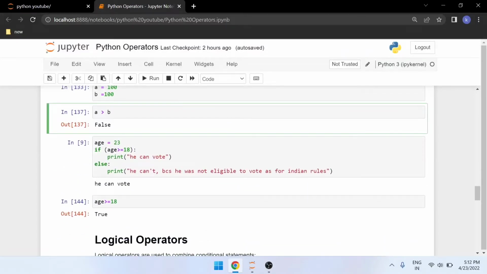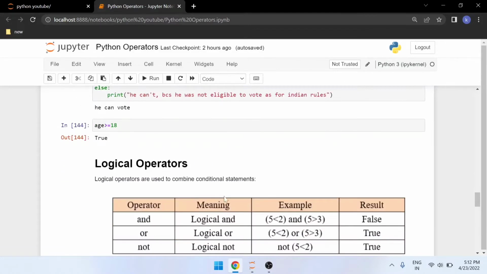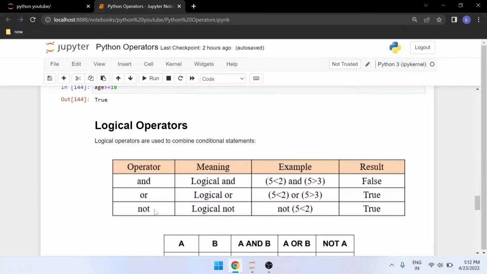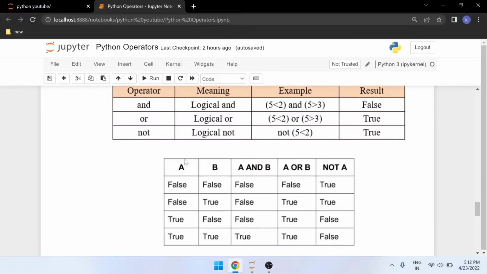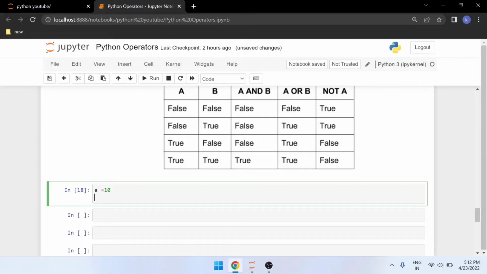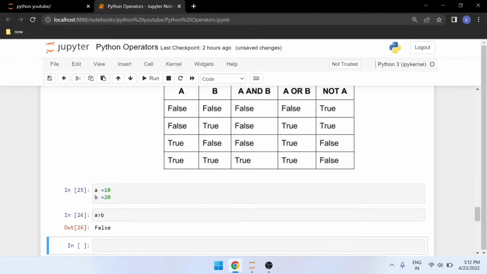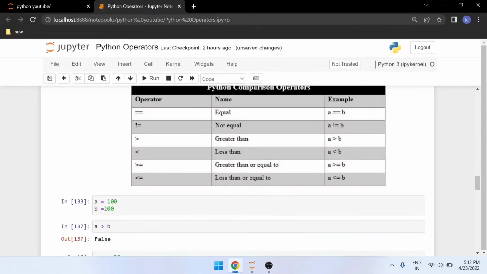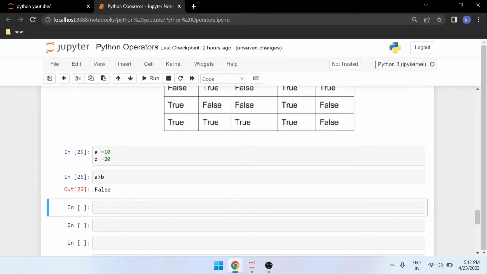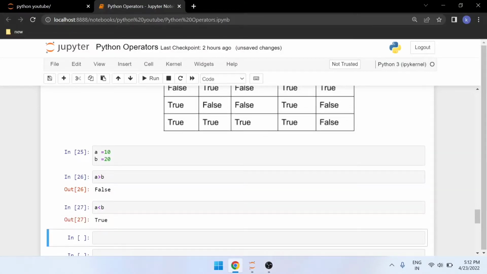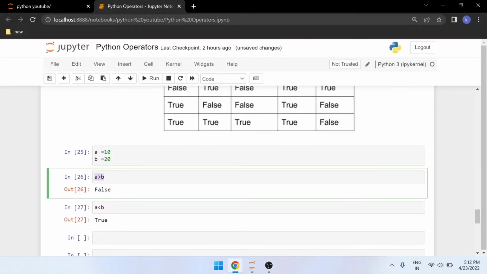But if you want to do multiple comparisons, then how can we proceed? Here we have three types of operators: and, or, not. And means in our comparisons, if you take two conditions, for example here I am taking a is equal to 10 and b is equal to 20. Here my first condition is a greater than b. This is false, we know that, because 10 won't be greater than 20. So this is a false statement. And next one I am saying a less than b. This is true, we know this. This is only a single comparison. But here I just want to do two conditions at a time. So that time we use and